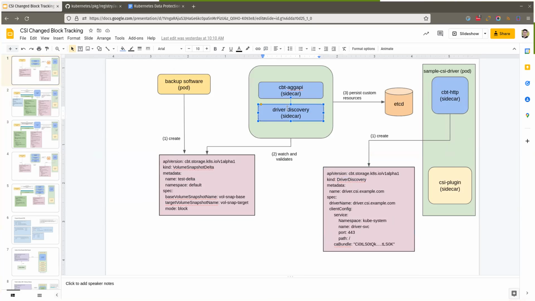Because this is not an aggregated API server implementation, this is just a normal CRD controller, it can still tell the Kubernetes